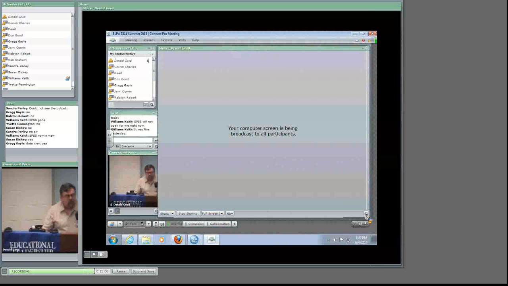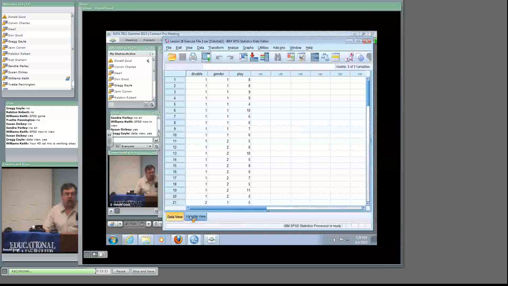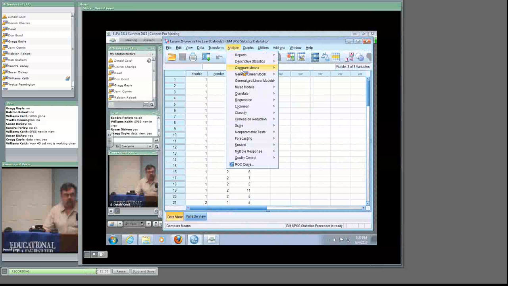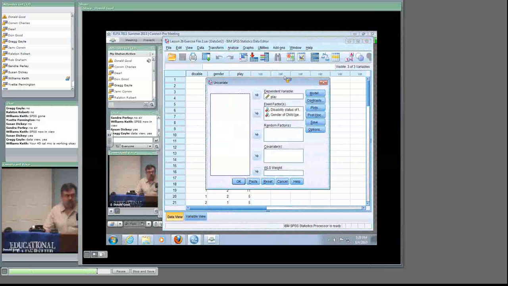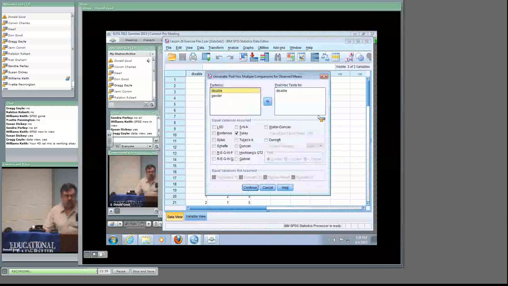I've guessed right. You should have data view in front of you now again. Okay, so let's go back and do the follow-up one more time. I'm going to go to Analyze, General Linear Model, Univariate. Everything is in place where I left it. So I'm going to go to Post-hoc, and we decided the only Post-hoc I need to do is for disability. So I want to make sure I move disability from that top left box to the top right box. I selected Tukey, so when I click Continue and I cleared out the old output window, I'm going to get a brand new one now. It's going to say the same thing. So when I click OK,